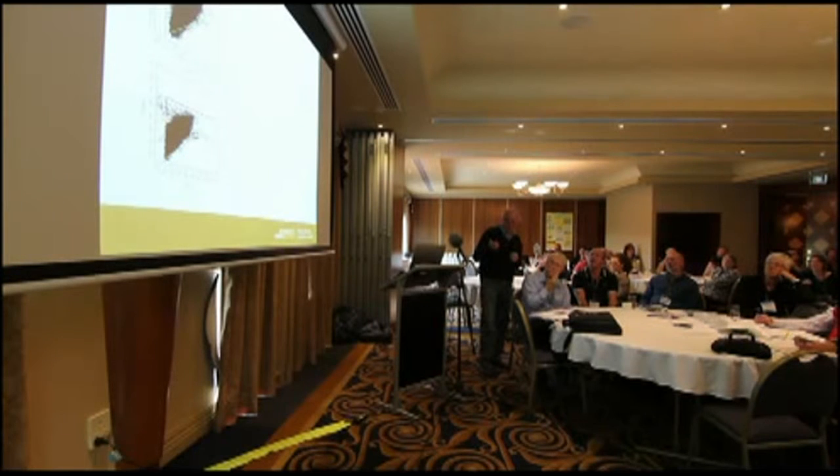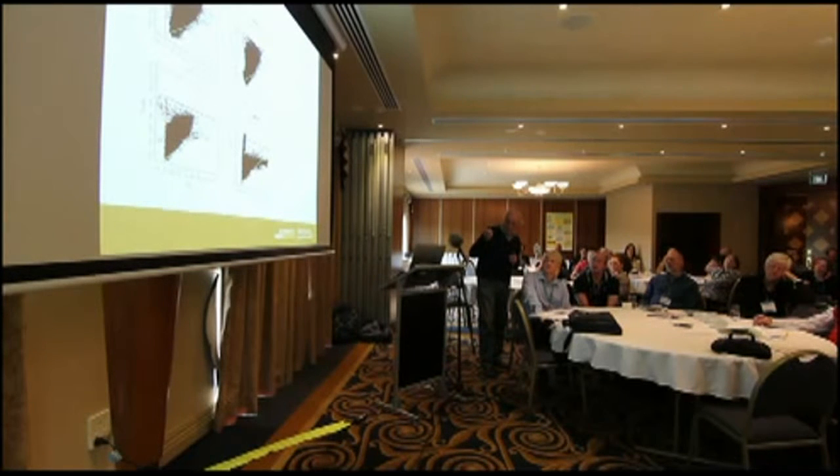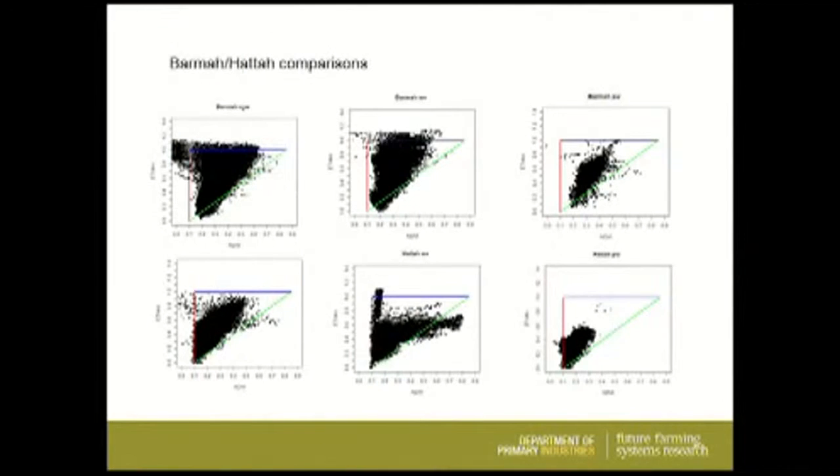And with these data, because now we have a framework for interpreting this information, we can make comparisons between sites. So, for example, is the RGW classification in the Barmer and the Hatter comparable? Can we see similar responses in the different vegetation types, even though they may be a little bit different depending on who's done the classification? Plains woodland for Barmer and for Hatter. So that's one sort of comparison that can be done, so we can start to understand qualitative changes, what's happening